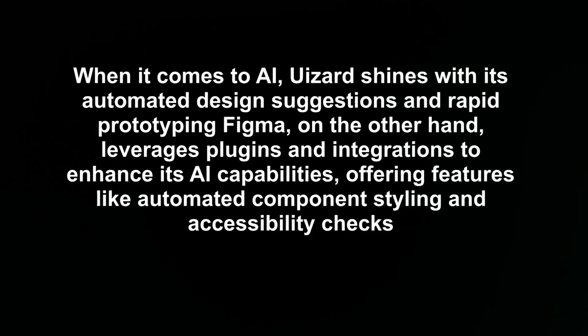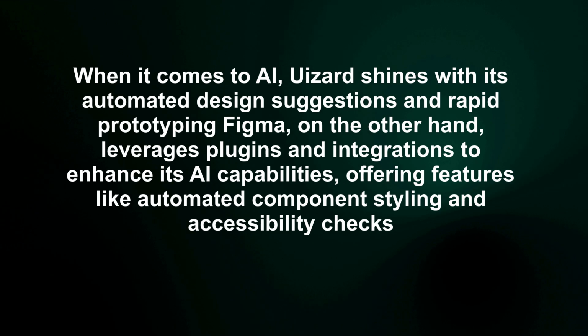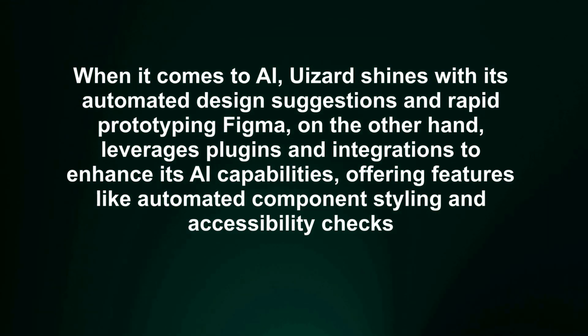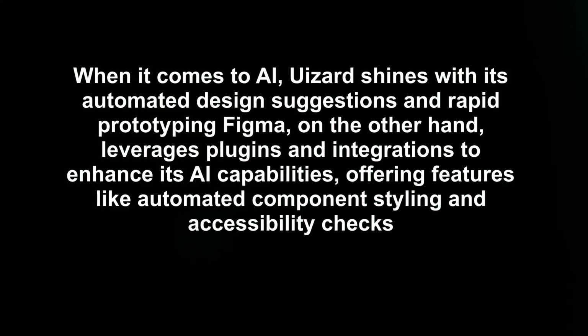When it comes to AI, Uizard shines with its automated design suggestions and rapid prototyping. Figma, on the other hand, leverages plugins and integrations to enhance its AI capabilities, offering features like automated component styling